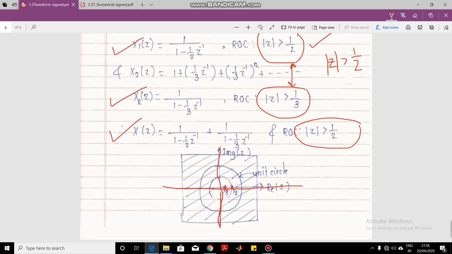Since ROC means the region where x of z should converge, that is, it should attain a finite value, it makes sense that the region of convergence should not contain the pole. If it contains the pole, then at that pole the value of x of z is infinity, and ROC means x of z should attain a finite value. So we cannot have a pole inside the ROC. So this is one of the